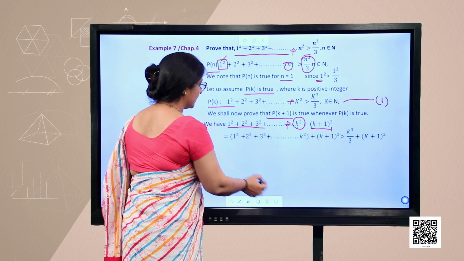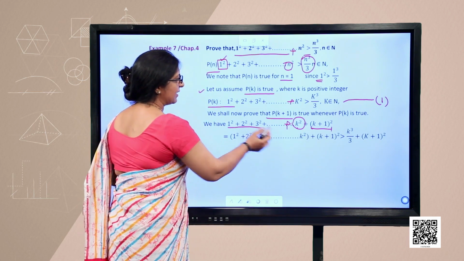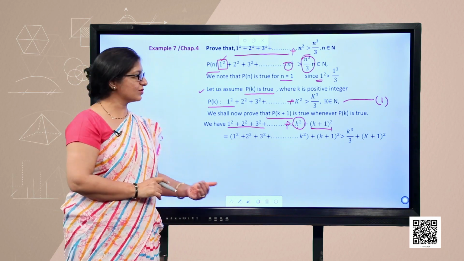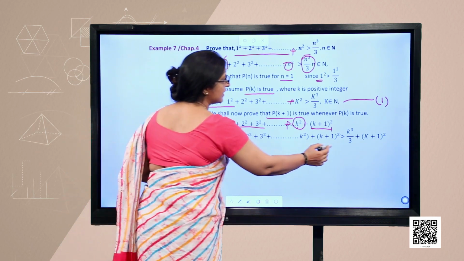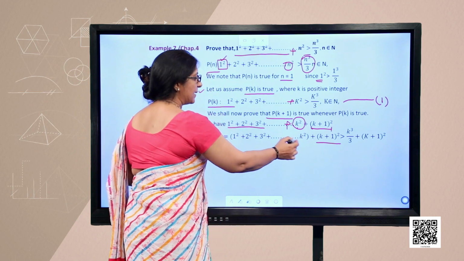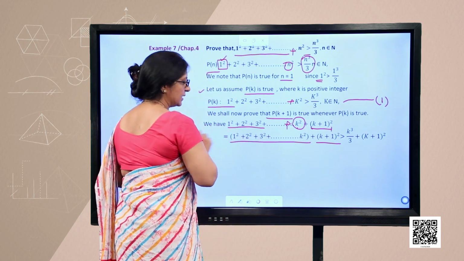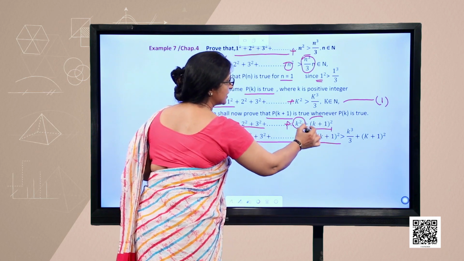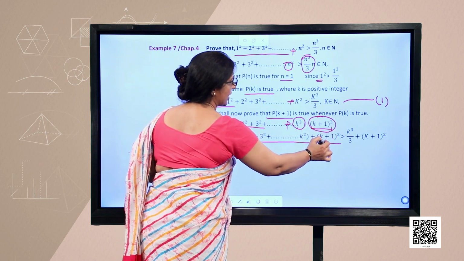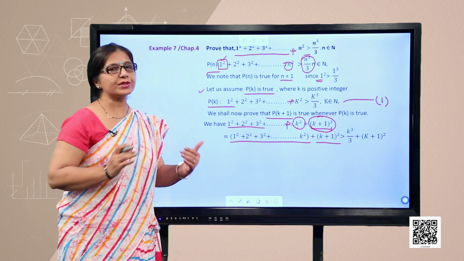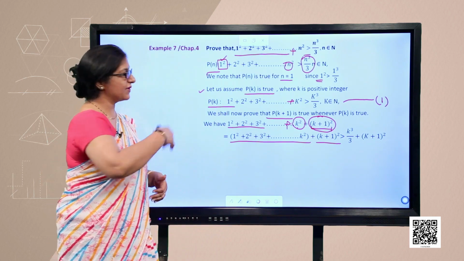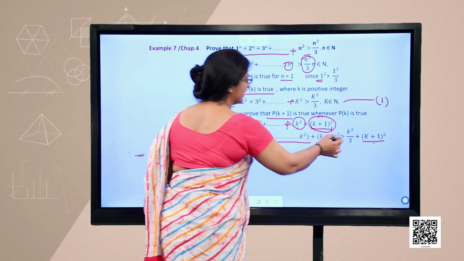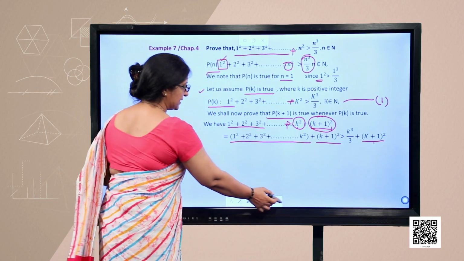Now, considering the right and left both sides in these types of questions, as we discussed in the previous question, we need to add the term which helps the first equation become like the second equation. So, the only difference was k plus 1 square, which we will add to both the sides, left hand side as well as the right hand side. The same expression will be added. Now, solving the left hand side,